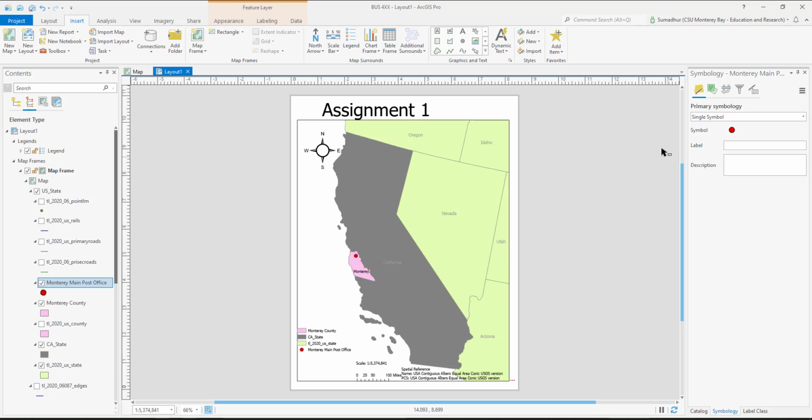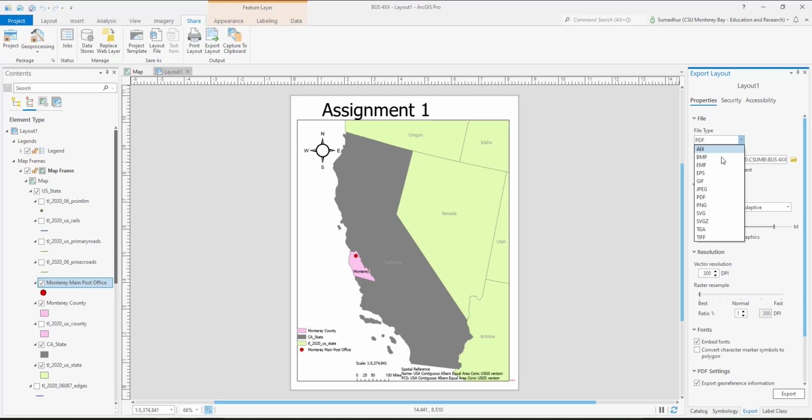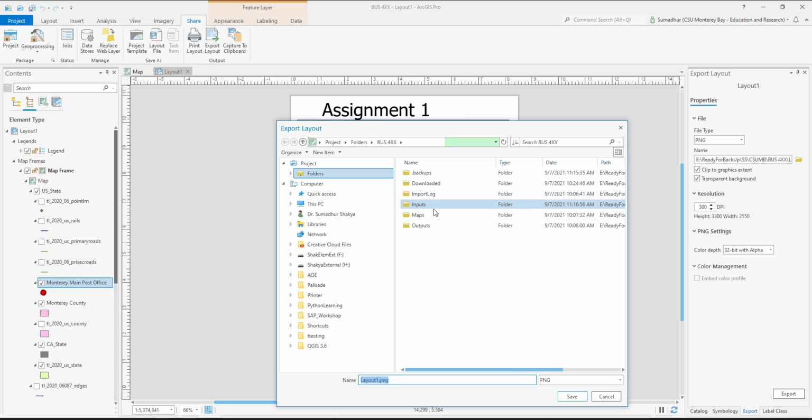And we should be good to go. Okay. And so then go to export the layout, and go to type PNG, because that way this is usable in transparent background. And this is optional. And then